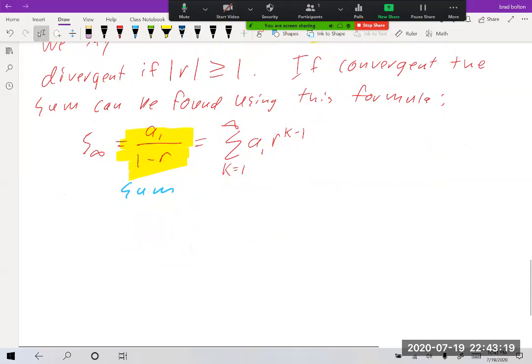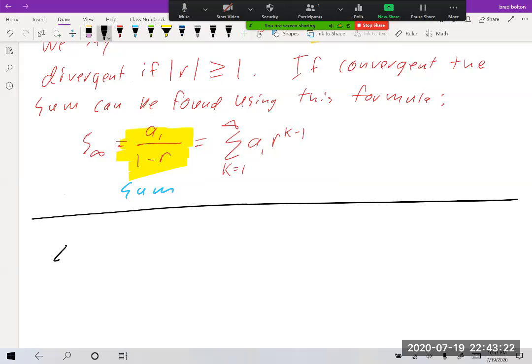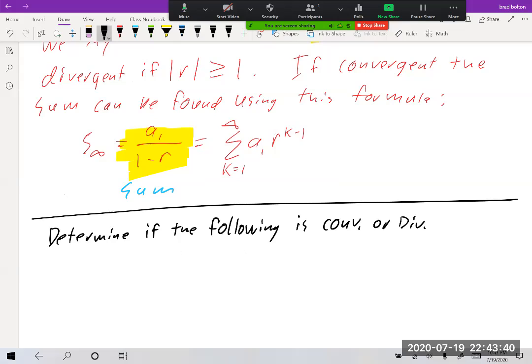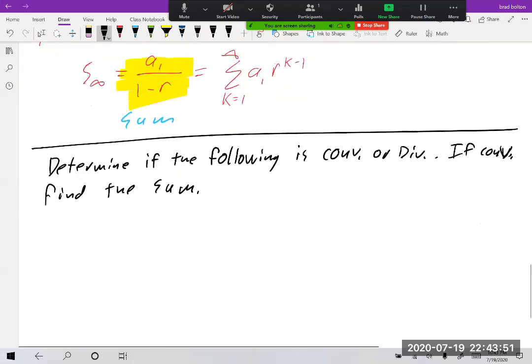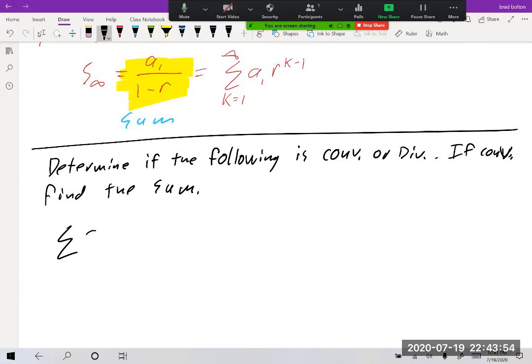So that's a lot of talk. Let me show you what it means. Okay. So suppose I gave you, I'll say like on the test, determine if the following is convergent or divergent. If convergent, find the sum. So then I'll give you something like this, 2 times 2 over 3 to the k minus